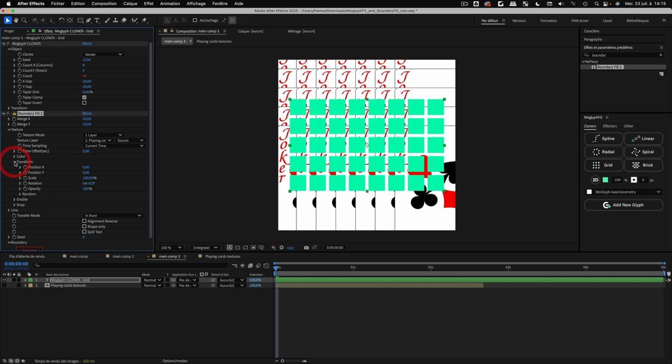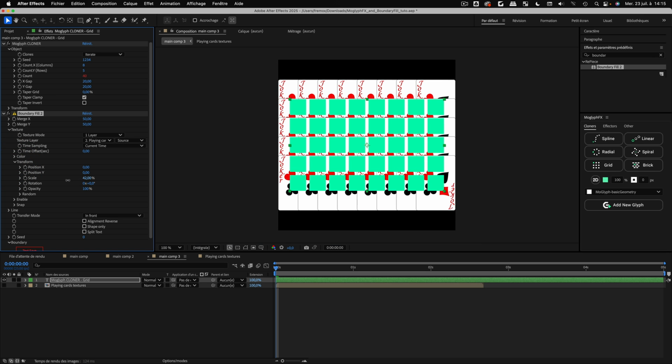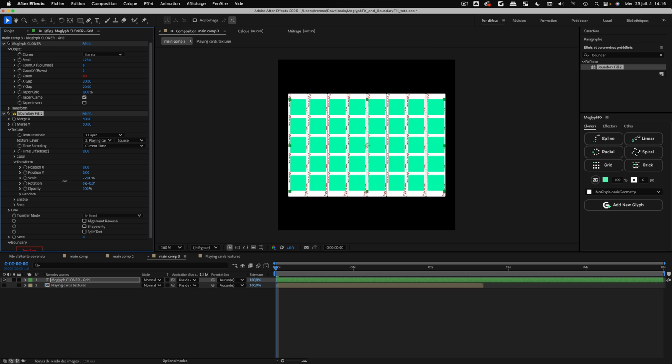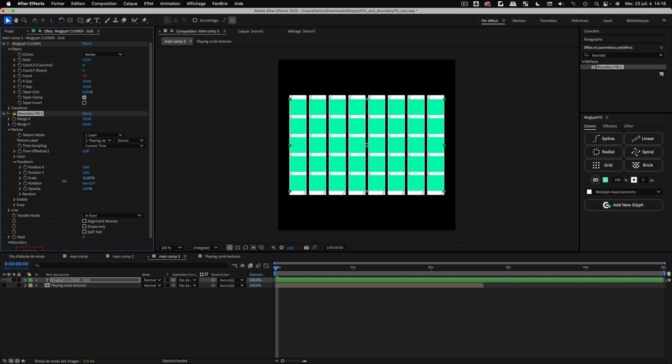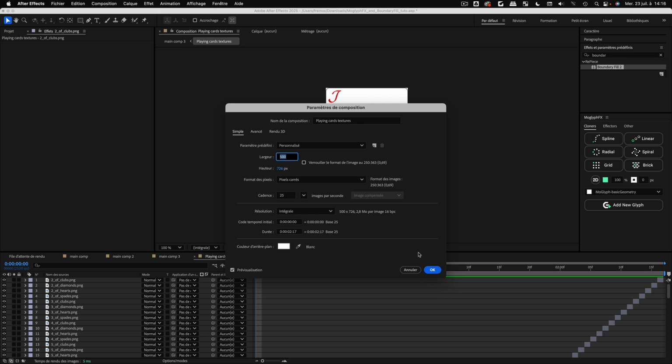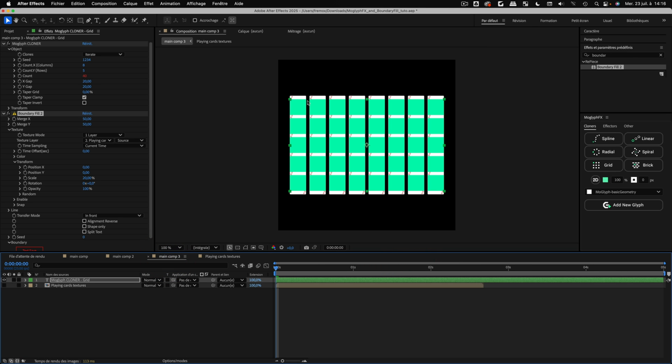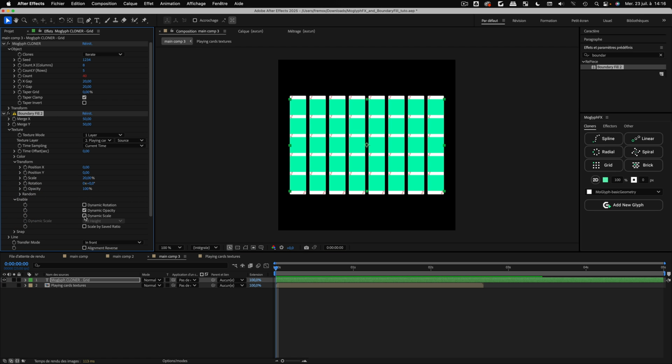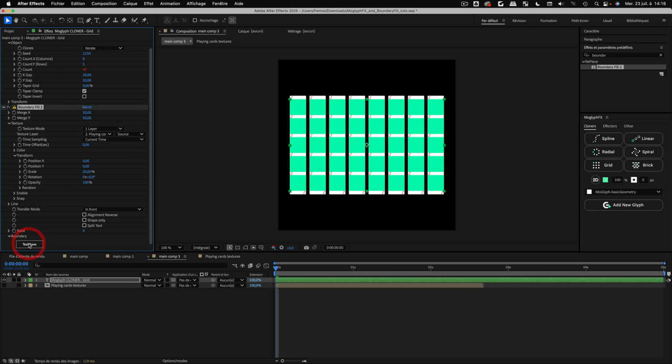And again, you have to go to transform and tweak the size in order to fit your clone's dimensions. So in my case, it will be exactly 50 because the cards are also 100 pixels wide. And as you know now, one square from the default basic geometry font in MoGraph FX is exactly 100 pixels wide too. And if you enable the dynamic scale, and if you go to text save and